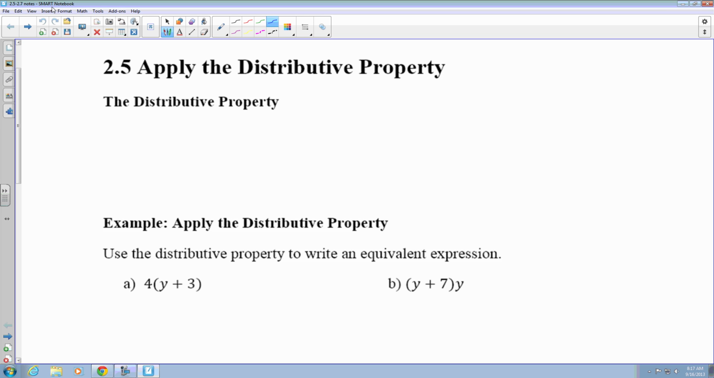Alright, so in section 2.4 we learned how to multiply real numbers, whether they are positive or negative, and today we are going to use the distributive property. Now the distributive property is when we have a set of parentheses and we need to multiply in a number. Now the way we can show you how to do that is